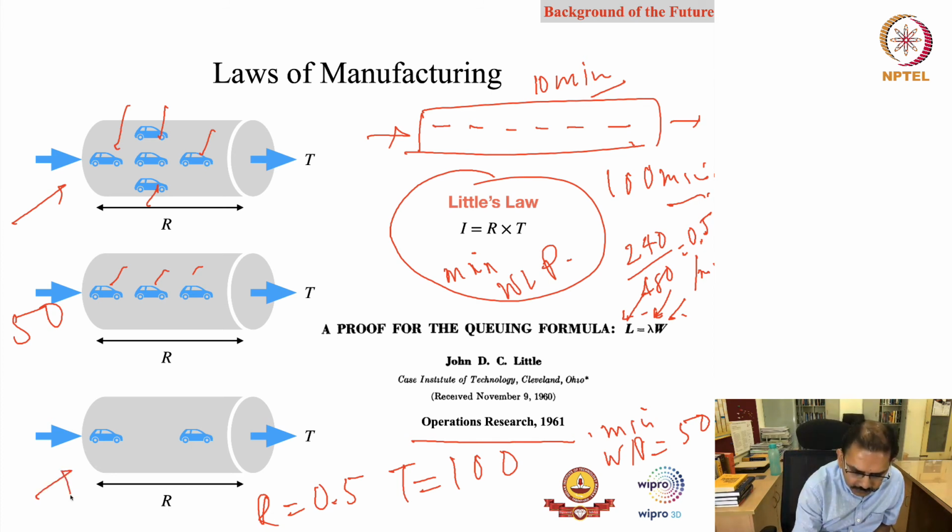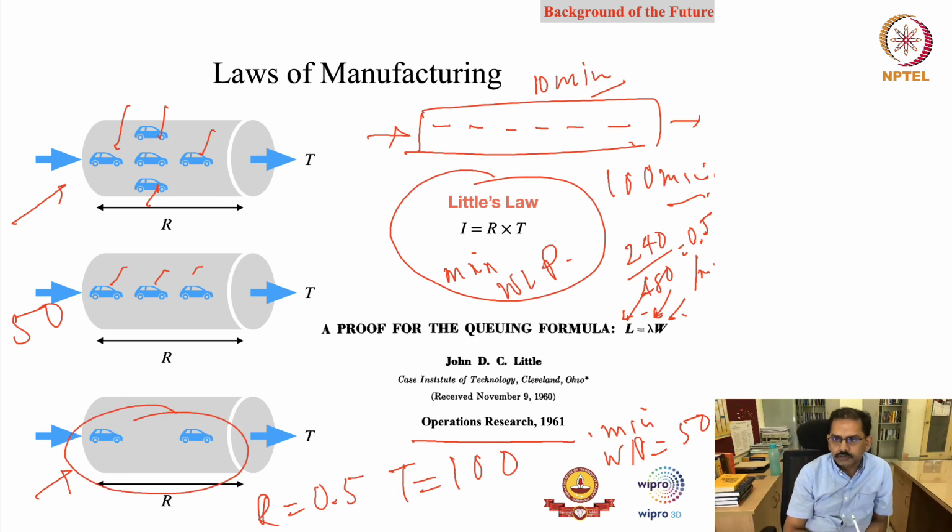In this case, it is less than 50, so the process may starve because you don't have ample inventory, right? If you want to maintain the throughput of 0.5, you should at least have 50, correct? Your system can work beyond 50 also, but that is not needed because in this case you actually have inventory more than what is actually required,